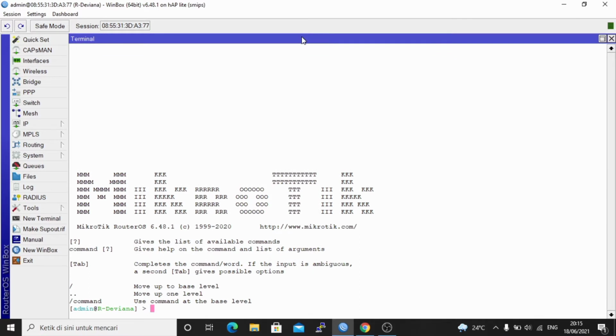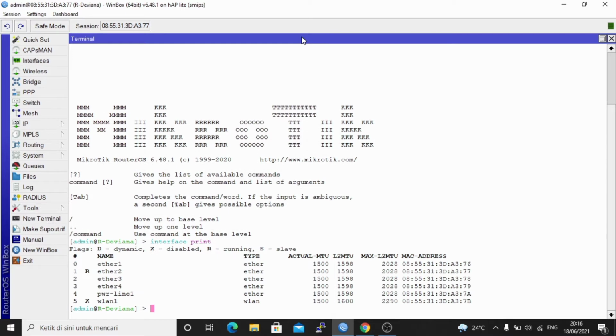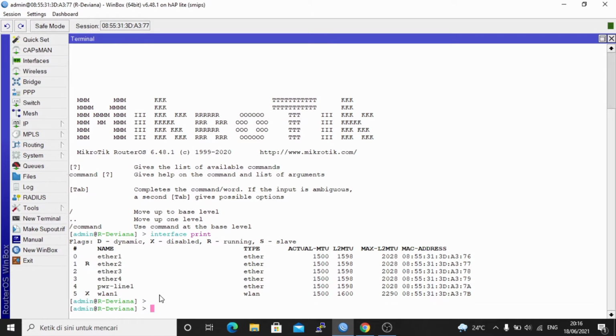The first step is to check which interface is connected to the router with the command interface print. It can be seen that here Ether2 has flag R, which means I'm connected to the Ether2 interface. Here we configure the IP address for the Ether2 interface using the command ip address add address